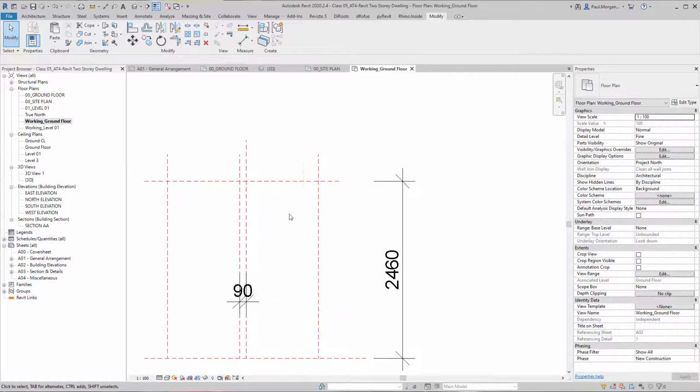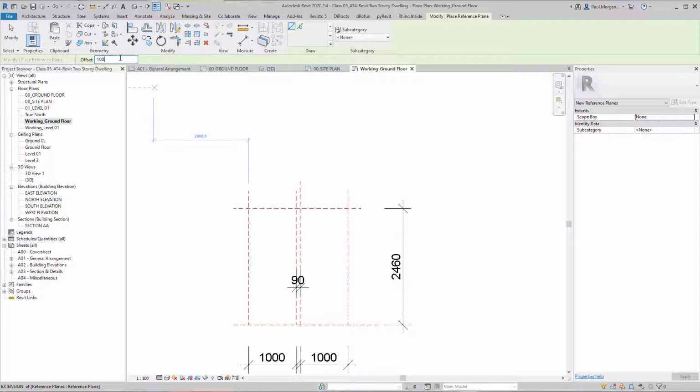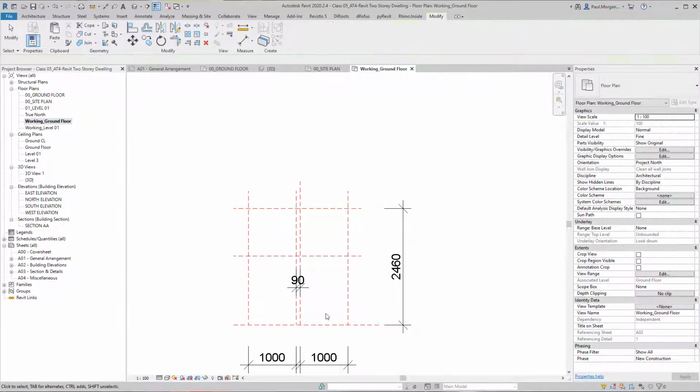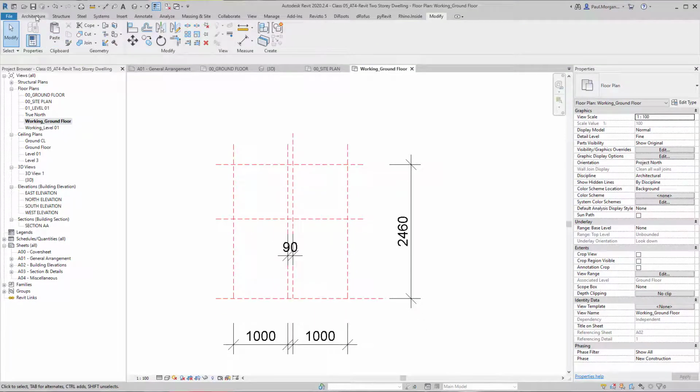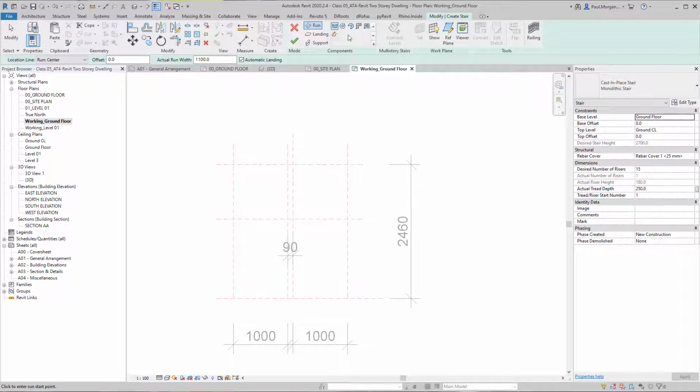Okay, cool. So our stairs look something like this. And I know that I'm going to have the same distance around here. Something like that. Okay, so I'm going to go up to architecture, stair, and I'm going to use this option